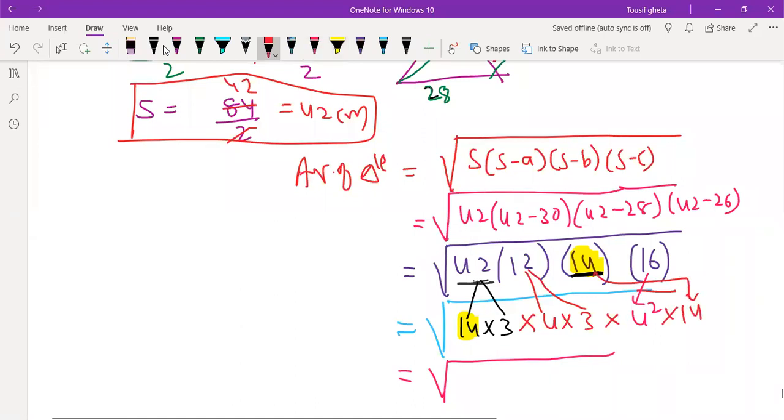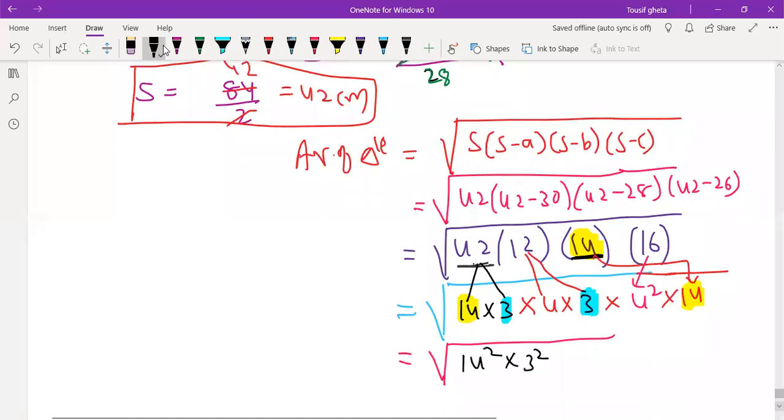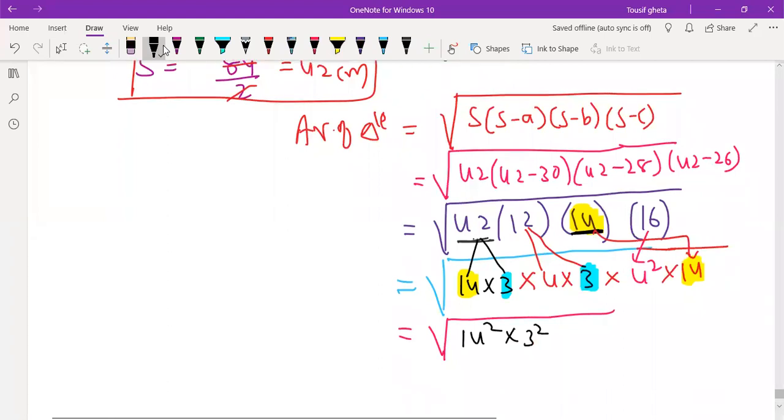Okay, so this is 14 here and this is 14 here. This is a perfect square. One more perfect square you can see: this is 3 here, this is 3 here. So these are the two perfect squares we have in our hand. One is 14 square, other is 3 square. Okay, so this is 14 and 3 over.